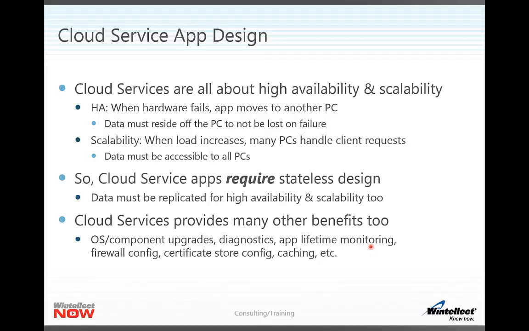Again, with the virtual machine service, you would have to put those certificates into the VHD yourself before you upload it into Azure so that those certificates were there. And if those certificates expire or need change, then you'll have to modify that on the VHD and upload it yourself. Cloud services provide other benefits too, like caching, as I mentioned here,